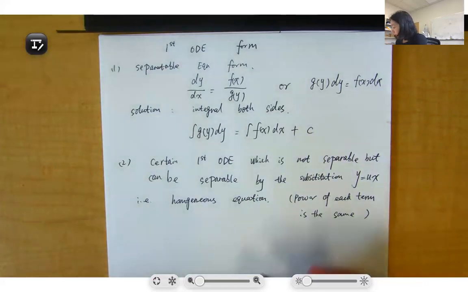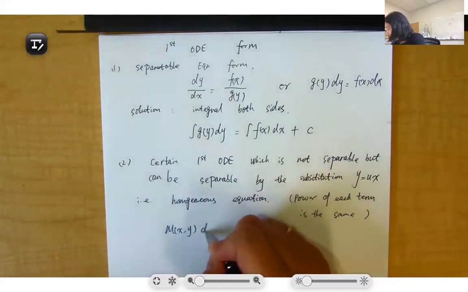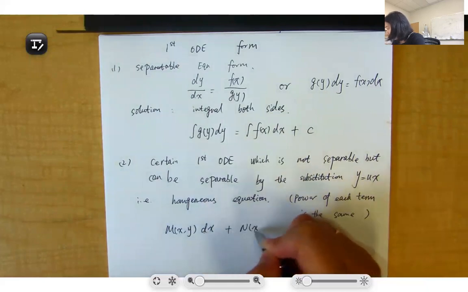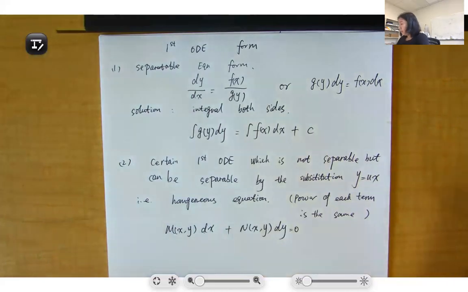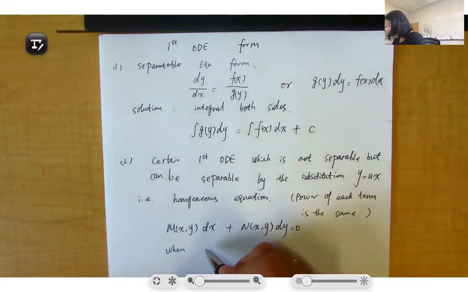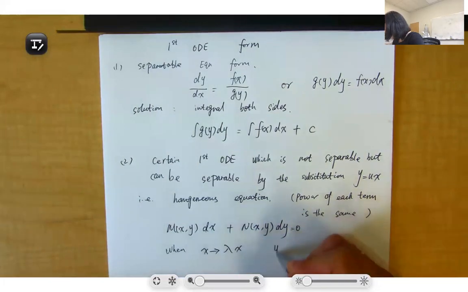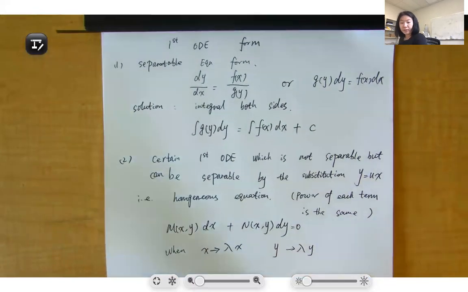We can write the ordinary differential equation using the standard form M(x,y) dx plus N(x,y) dy equals 0. And when x is switched by lambda x, and y is switched by lambda y,